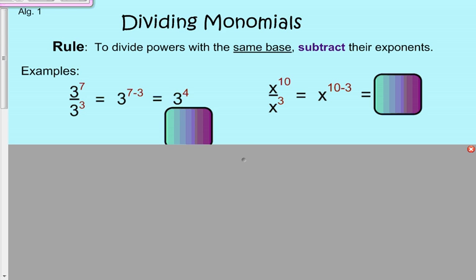The next example has variables as the base, and so Seth is going to explain this one. Because you're dividing powers with the same base, you subtract 10 minus 3 and you get x to the 7th